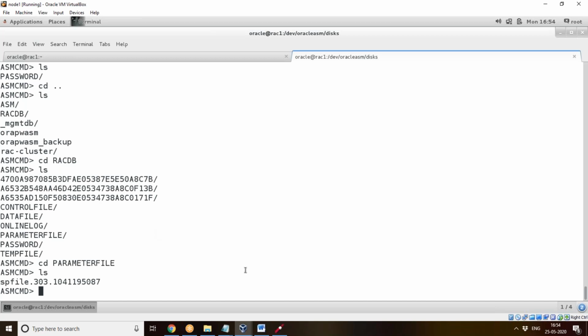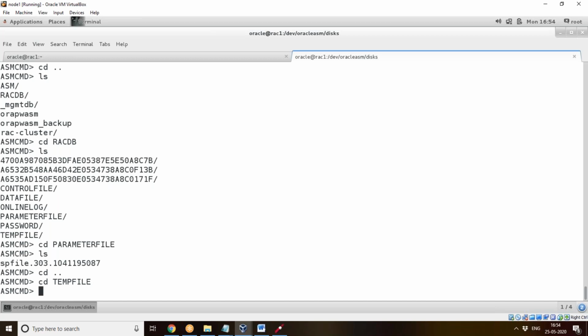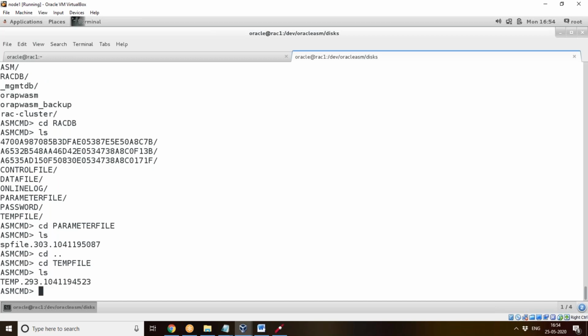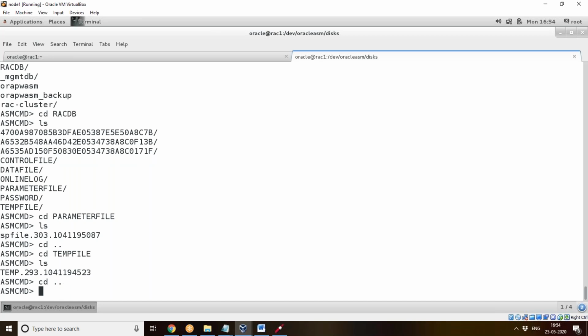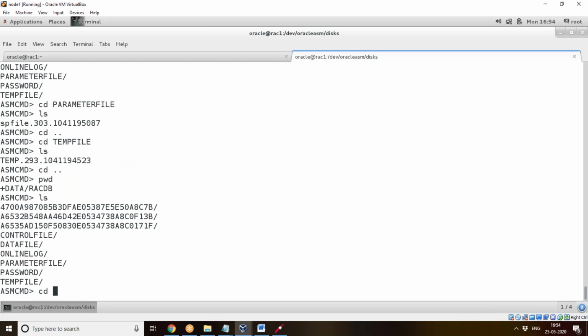Fine. So now you go to the temp file. So this, the temporary file. Then the data file is here.